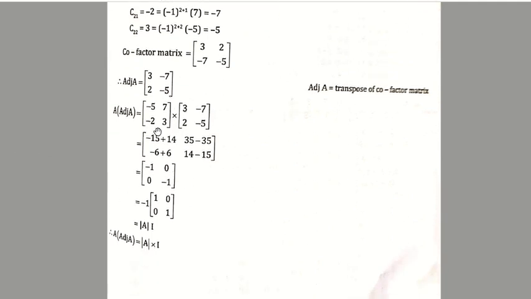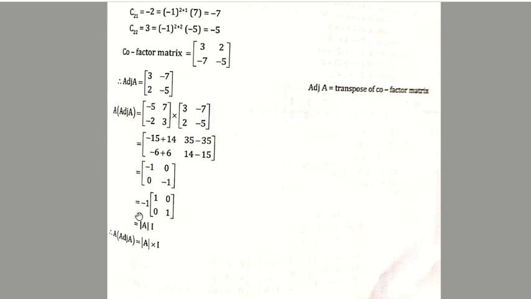Therefore A times adjoint A is equal to the A matrix into the adjoint A matrix. The rows 2 into 2, so the resultant will be a 2 by 2 matrix. So 15 into 3, 5 into 3, 15, 5 into, 7 into 2, 14, so minus and plus. If you multiply each thing, you get A adjoint A. So A adjoint A is minus 1, 0, 0, minus 1.